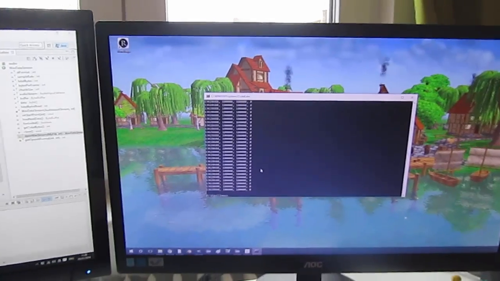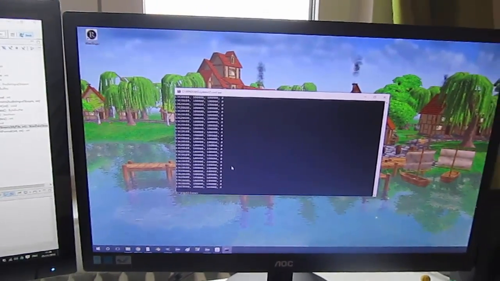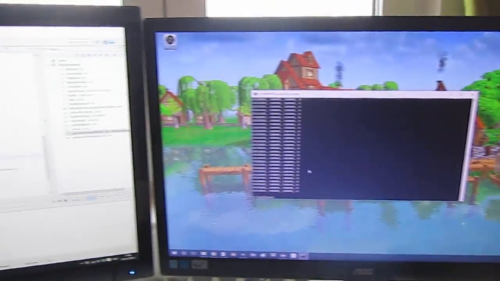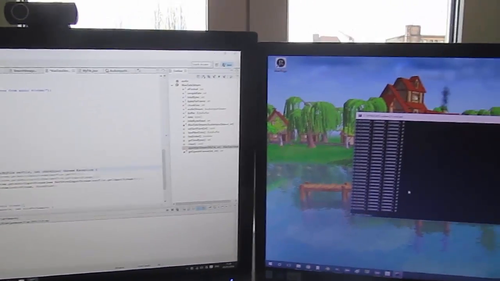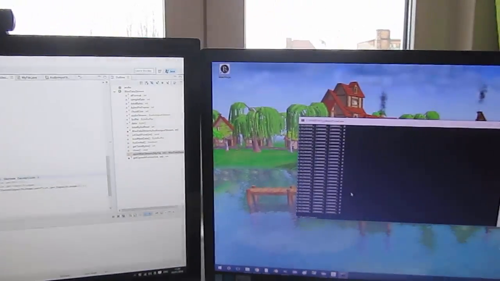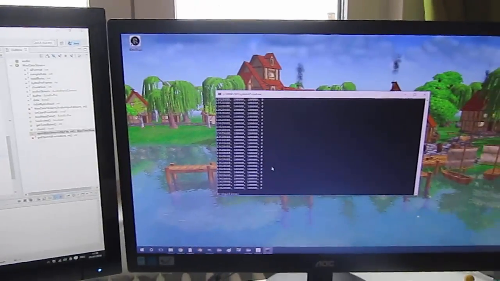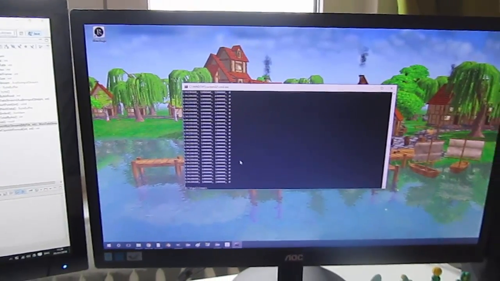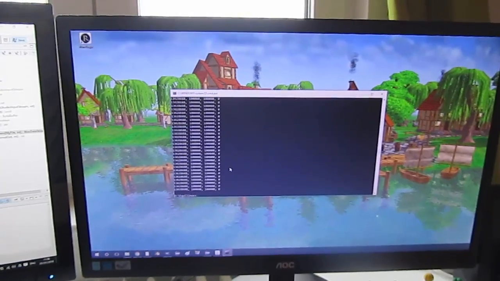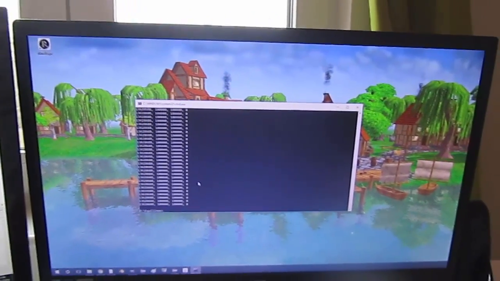Every single time it's always working fine in Eclipse, and then I go and try and export it and I get some sort of annoying error. And this time it was a mark reset not supported error, which I did manage to fix. It was to do with loading audio files. I was using an input stream, and I've changed that to a URL, which is now working and the error's